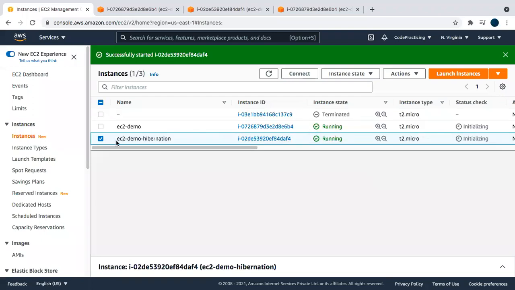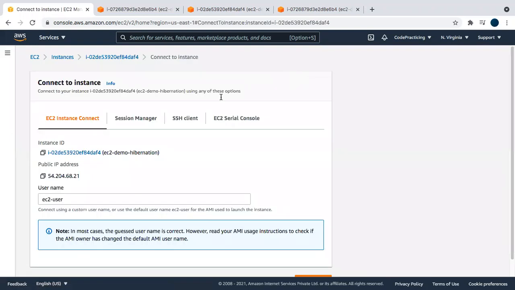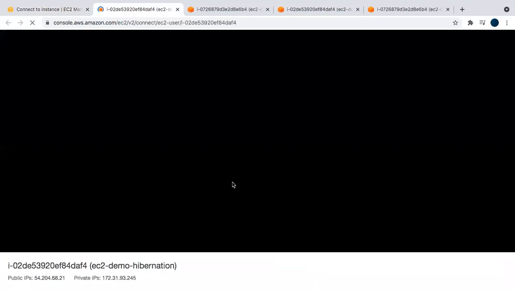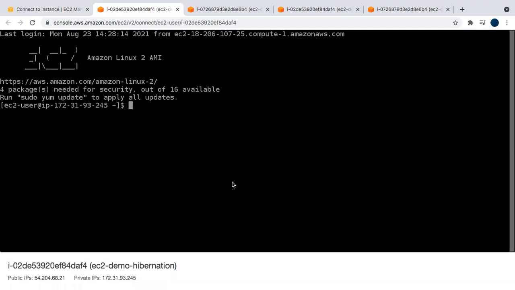Yes, the EC2 demo hibernation instance state changed to running. So now we'll connect to this instance. Click on connect, EC2 Instance Connect, and click on connect. Sudo su.